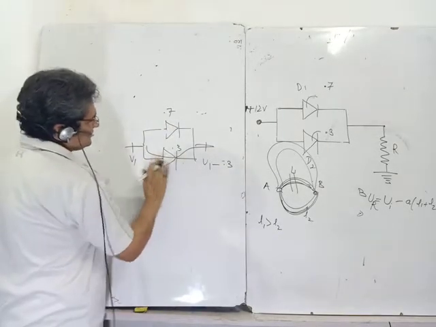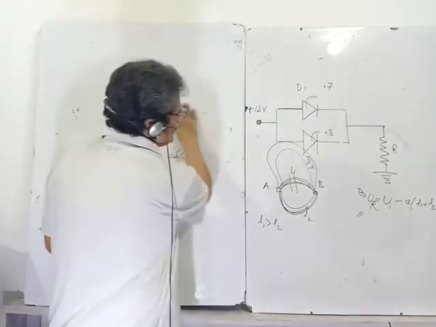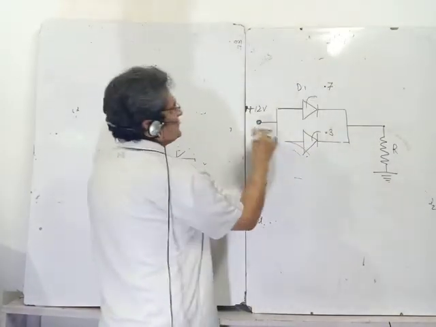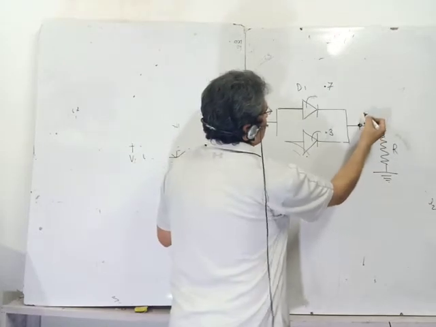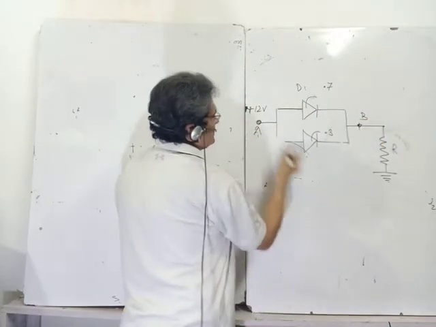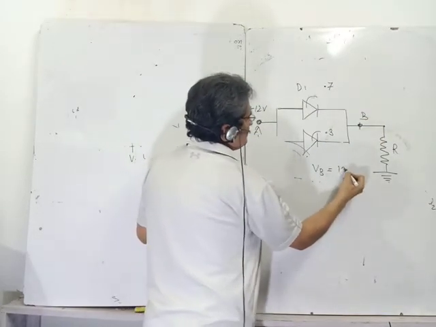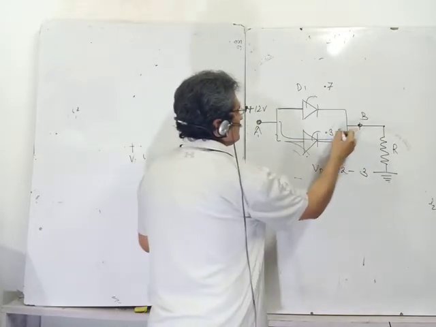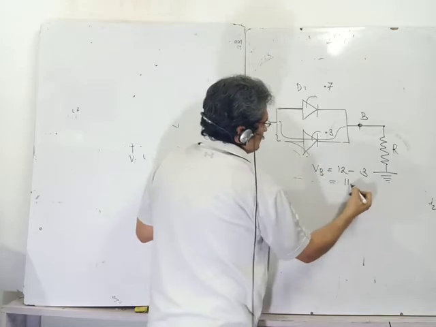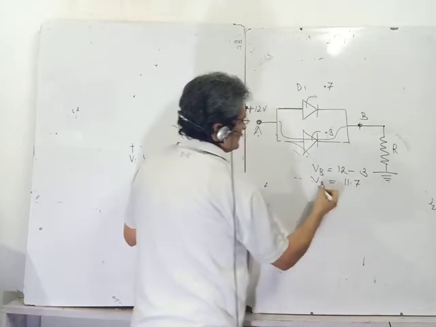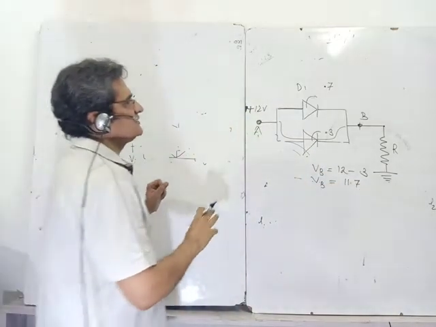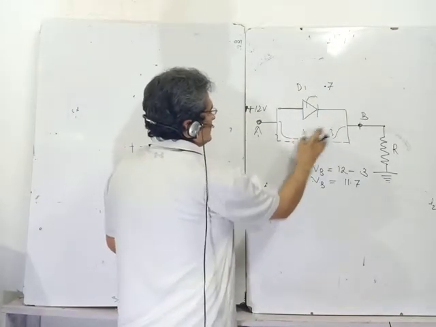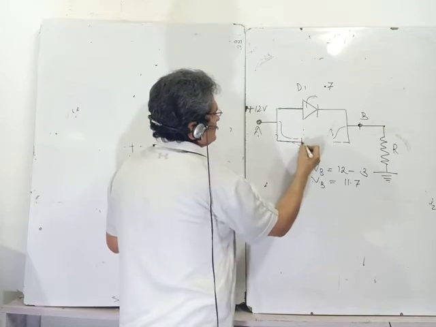So if suppose in this circuit, now let me take a situation where this is the position. If it is 12 volt here, here you will have at point B, this is point A, VB will be 12 minus 0.3, the lower of the two. It is 11.7 is VB. Now suppose in the problem it is given that I reverse this diode and I make it as a reverse bias like this.